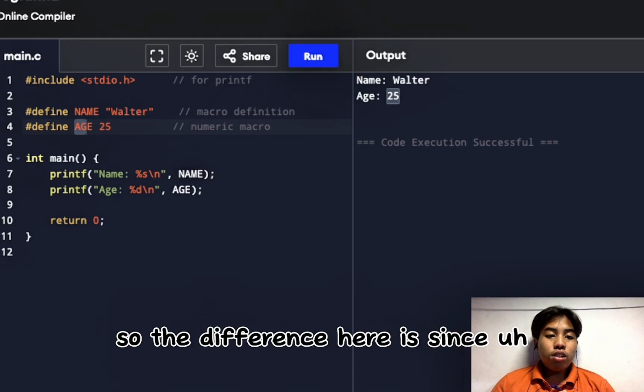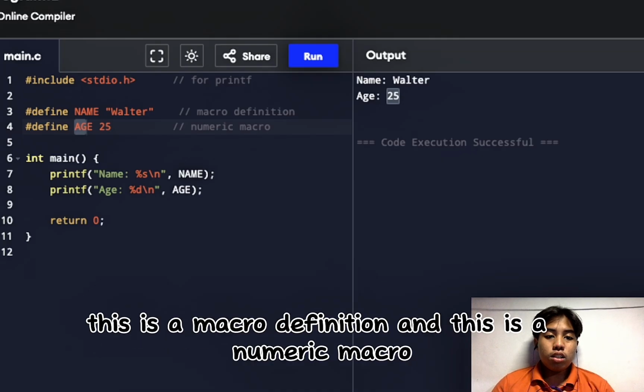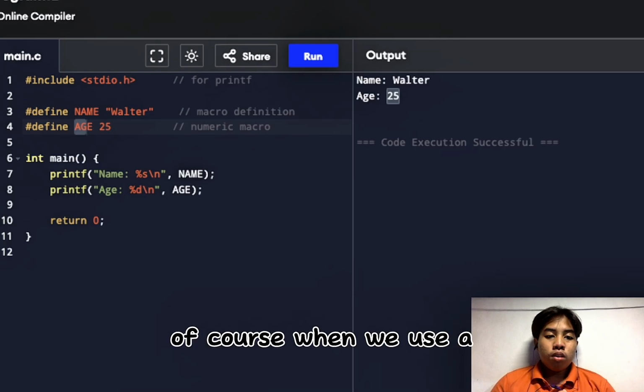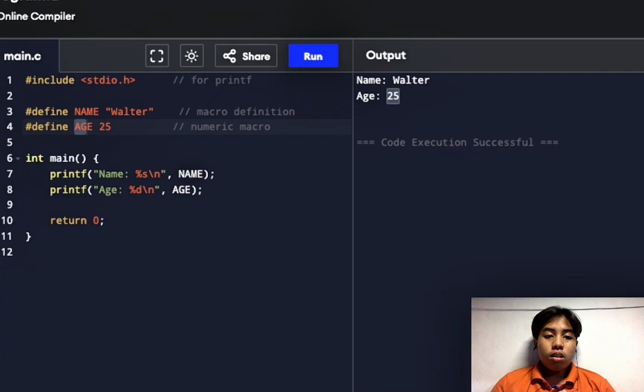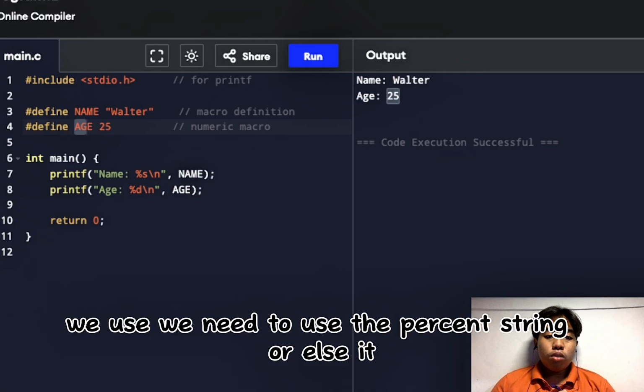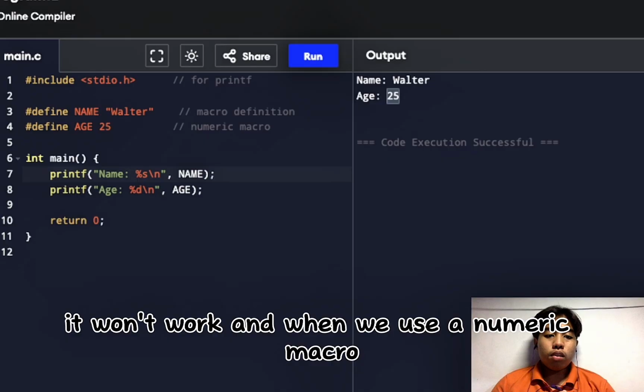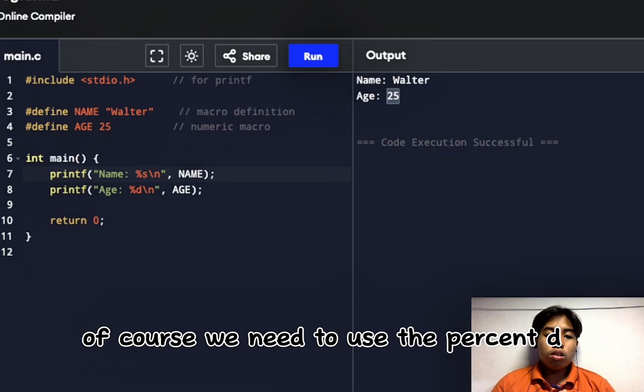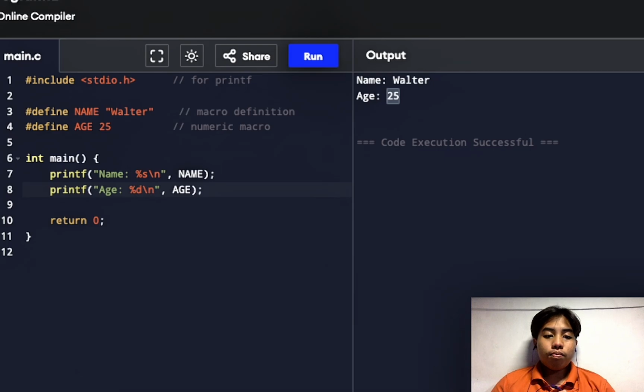So the difference here is since this is a macro definition and this is a numeric macro, of course, when we use a string, we need to use the percent s, or else it won't work. And when we use a numeric macro, of course, we need to use the percent %d.